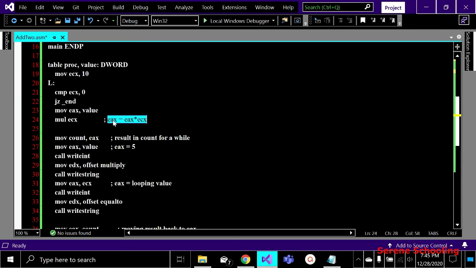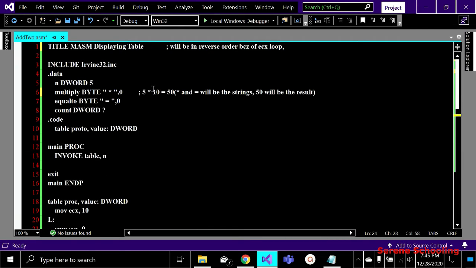Next, you can see here I am storing that result of EAX in count, just to store it for a while, because I know that I have to print the table as it is on the screen, which means that whenever we want to print any integer, it must be in EAX. So firstly my result was in EAX, but now I'm storing it for a while in some other variable, so that before displaying the result I can display these things on the screen. I have to use it at the very end.